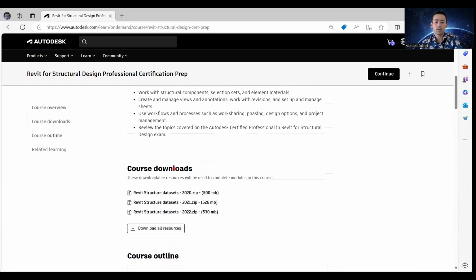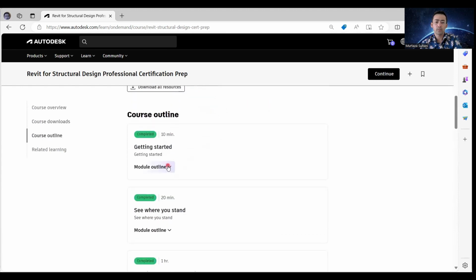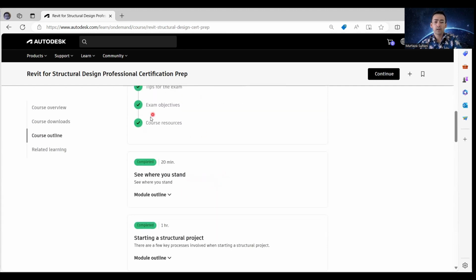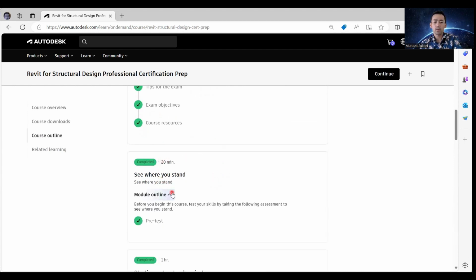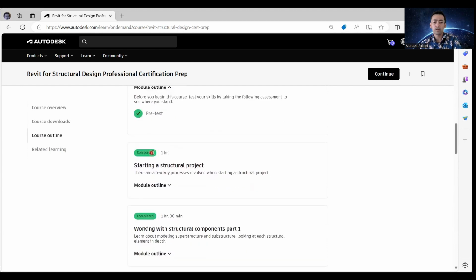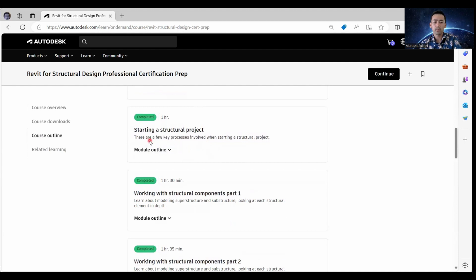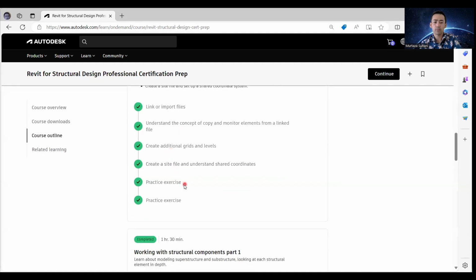There are different models and sections. In the first part, you understand about the software, tips for exam objectives, and the course resources. In this part, you test your knowledge about the software, and then mainly you start a structural project in this part, and it allows you to